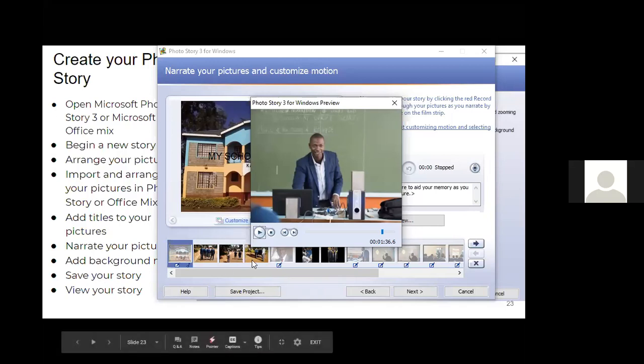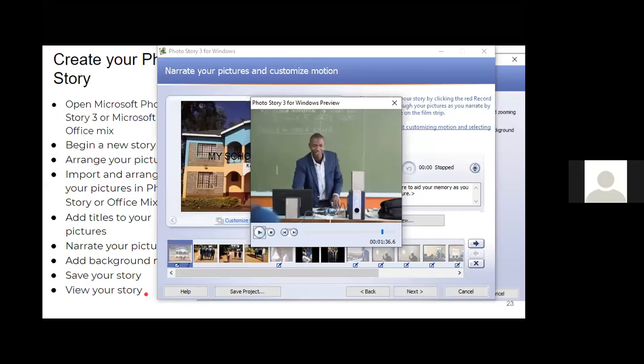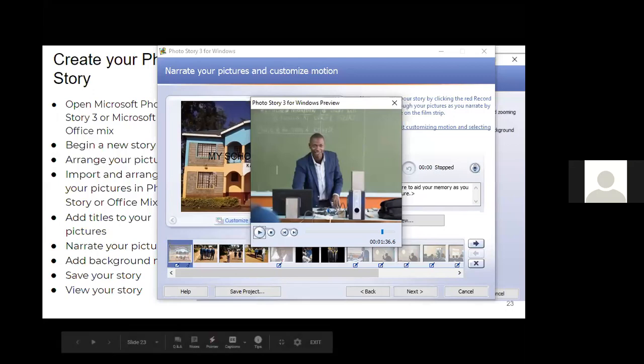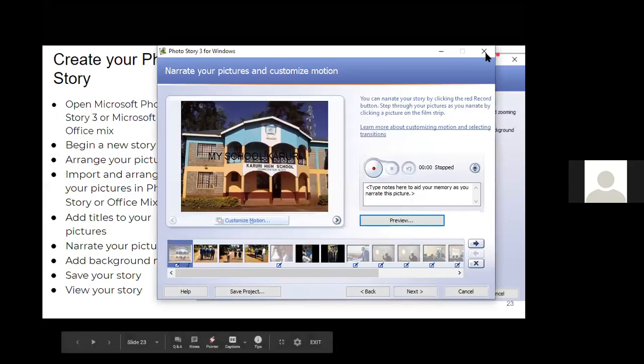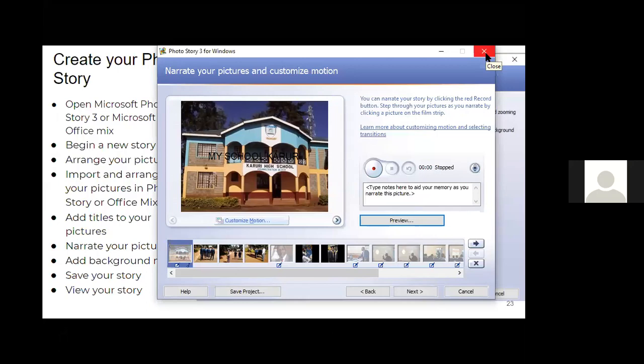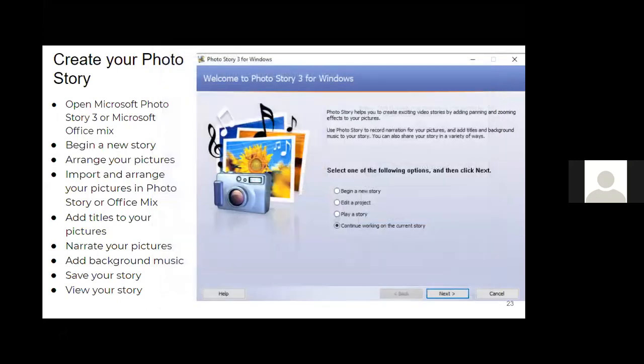So what I'm saying is digital photo stories can allow you to edit and add motion to pictures. They can allow you to do text narration. And also you can have an inbuilt music generator that you can use to make your lesson very, very interesting. So aspire to use this. We also shared this, I think, with you on your emails. You can find where to download this from, so that you can use it and exploit how best you can use